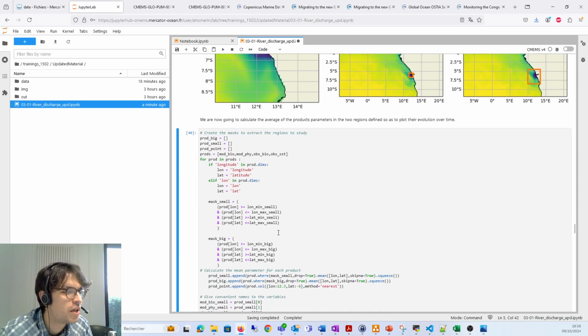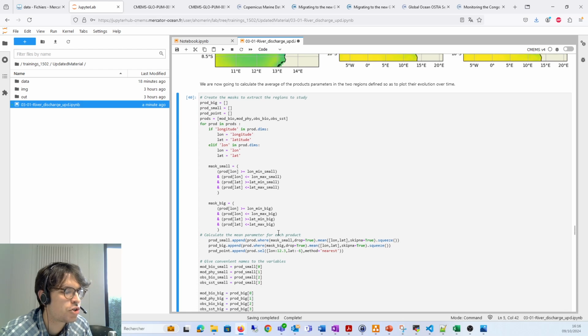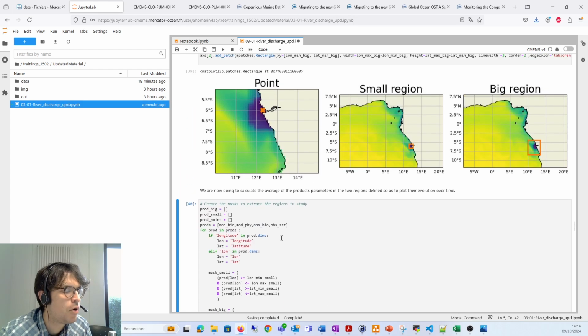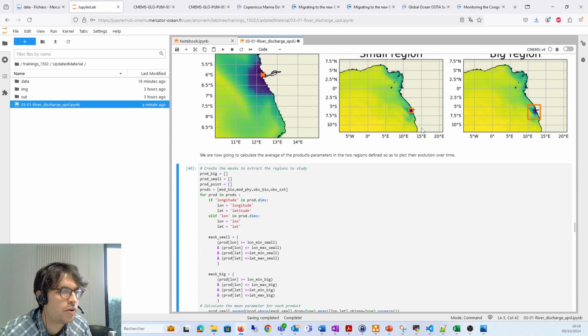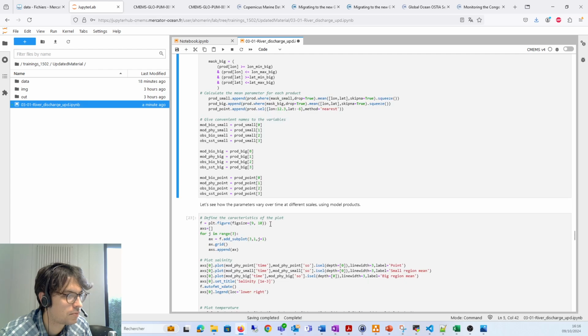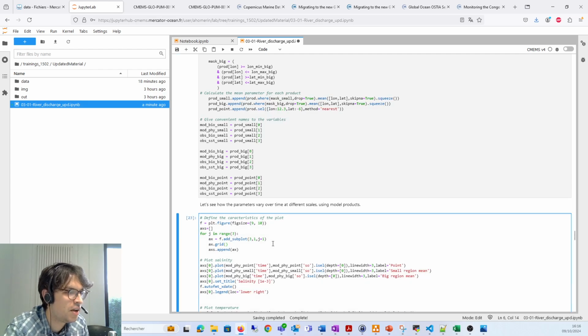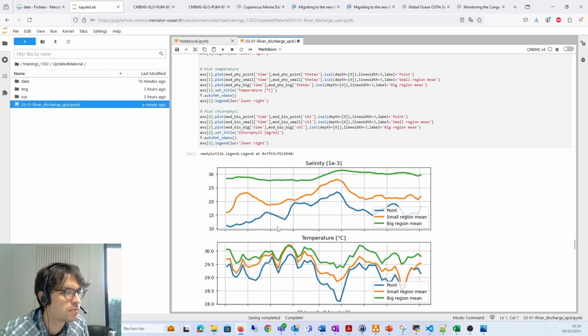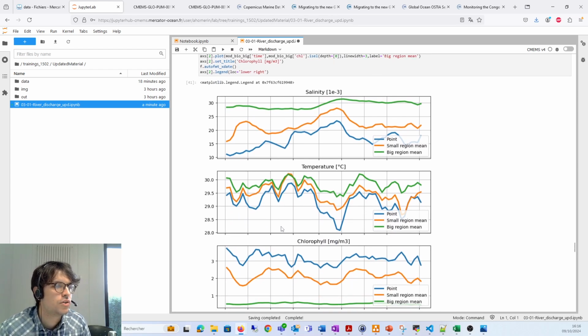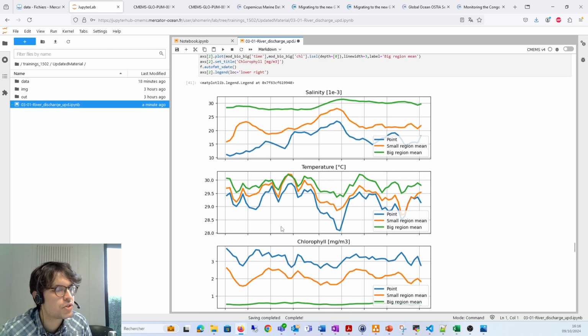So here in those cells we perform the spatial means of the product to keep only the time series across the areas of interest. And we can see how those measurements, or well, model outputs, vary over time. So here we're considering the model's salinity, temperature, and chlorophyll. And we can see that for each of them,